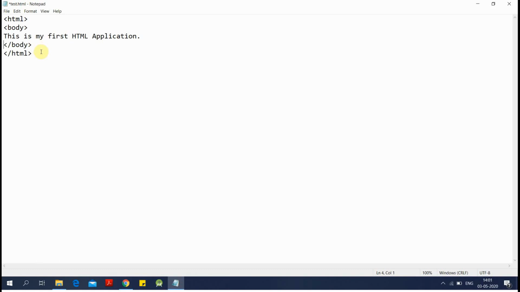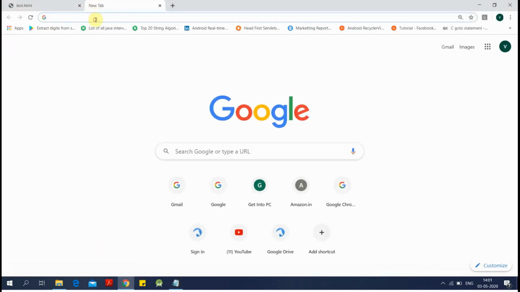When you use Notepad++, we can identify where the tags start and where they end. It won't take much time. We can install Notepad++, so we have to go to the browser, then go to Google.